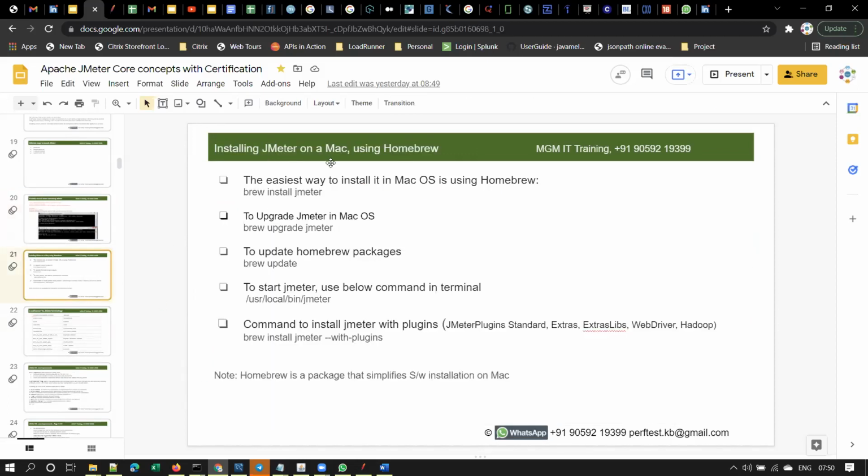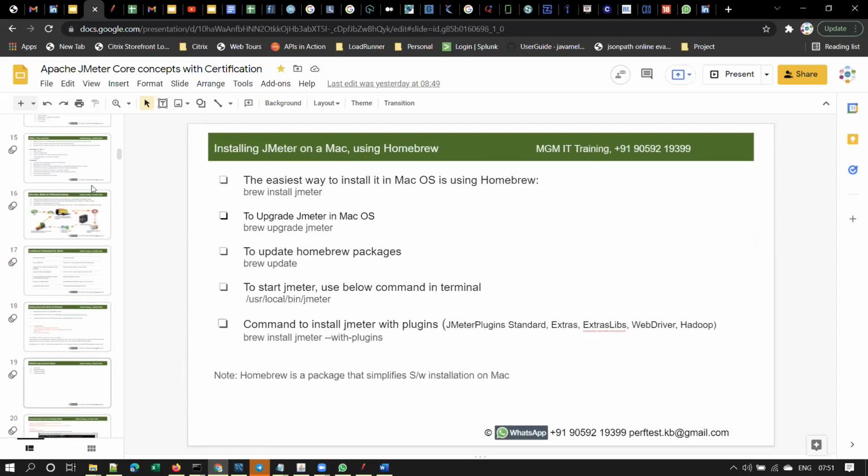And these are the steps for installing JMeter on Mac OS, or a Macintosh operating system, or a MacBook Pro. If you are using a Mac, or if any one of you has a MacBook Pro, you can run JMeter, as JMeter is a Java application. You can run JMeter on Mac OS as well.